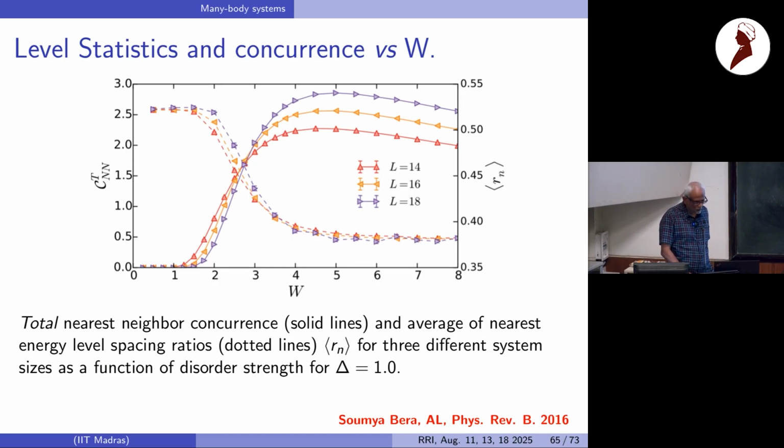Good question. We did actually calculate a length from this, which is how the average nearest neighbor concurrence between i and i plus k decays with k. There is an exponential drop off, and that defines, in my opinion, a good length to be used, whereas people do more heuristic things for getting this length.